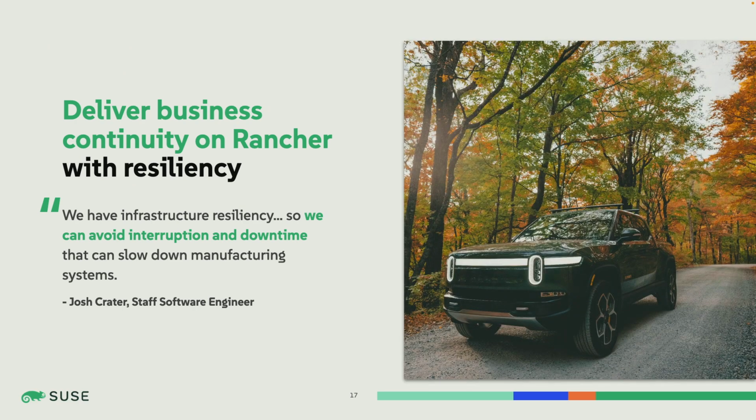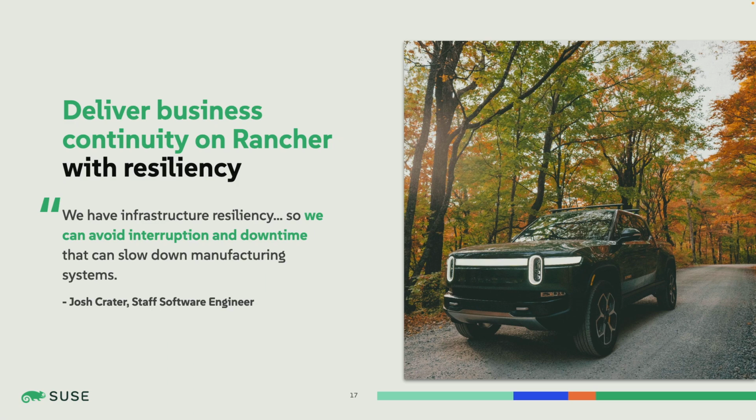And like I promised, I'm going to talk a little bit more about Rivian. I'm sure you recognize their car right here, but for those of you who don't know, Rivian is an electric vehicle manufacturer over in the US. They use microservices to power their manufacturing processes on their factory floors. I'm sure many of you can imagine, even if you're not in the manufacturing space, anytime your factory floors are down, that means you're losing money. Your product's not being made, it's not good.